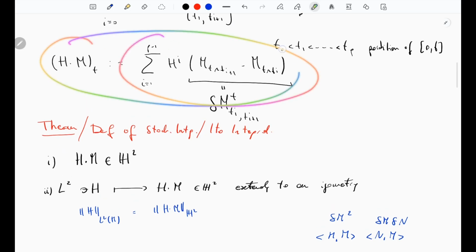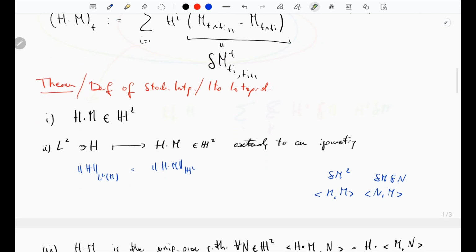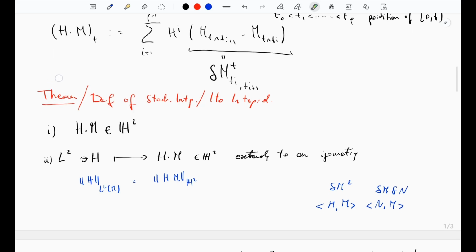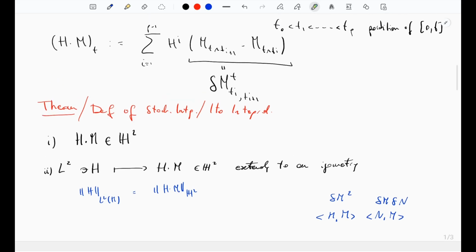You use, again, this definition. You plug this in here, the expectation of a square. So you're going to get two sums, one in i, let's say one in j, of h_i, the increments, h_j. You condition everything on t_j, and eventually you prove that what you're left with is just the quadratic variation.